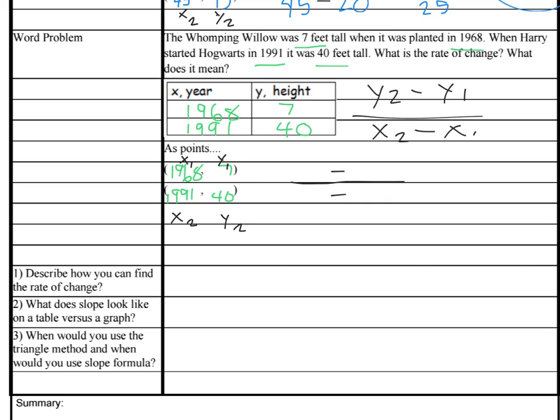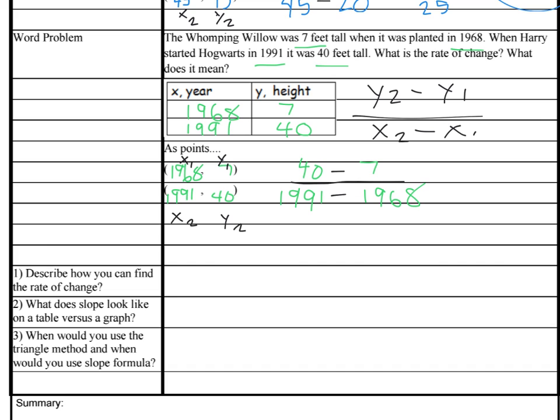So instead of y2, I'm going to put what y2 is, which I have labeled as 40. And then minus y1, which I have as 7. And then x2, which I have as 1991. And then x1, which I have labeled as 1968. So if you chose the top ordered pair to be your 2 and the bottom to be your first group, that would be fine. You should still get the same thing as me, so let's continue and see if we